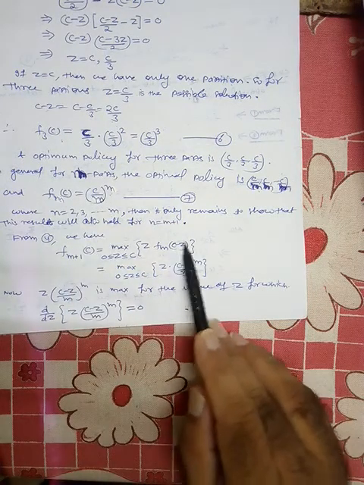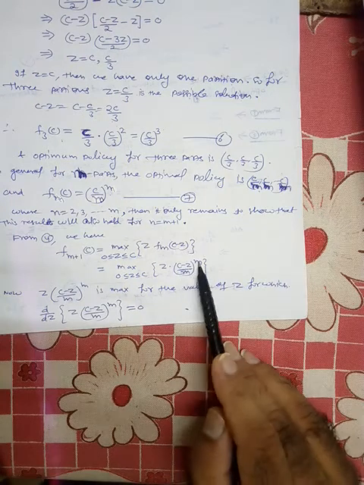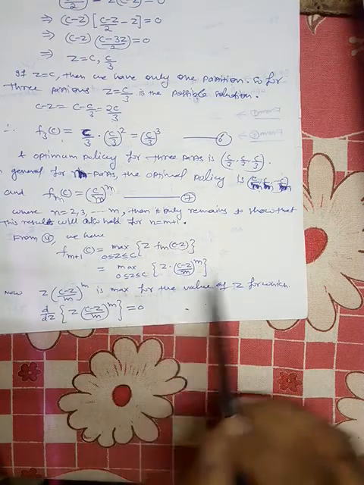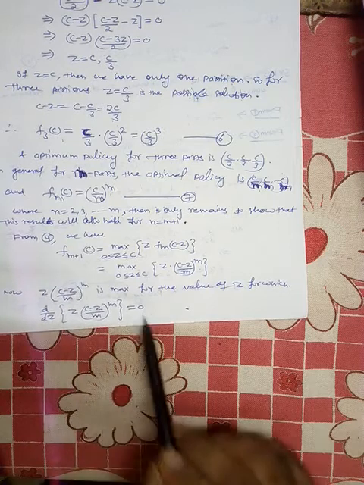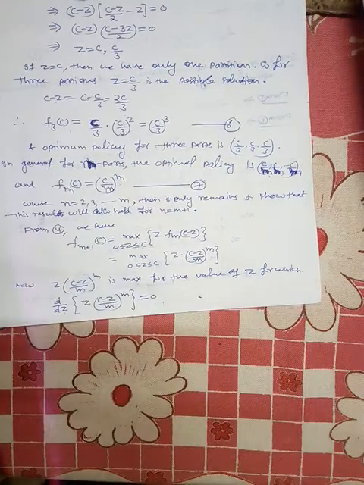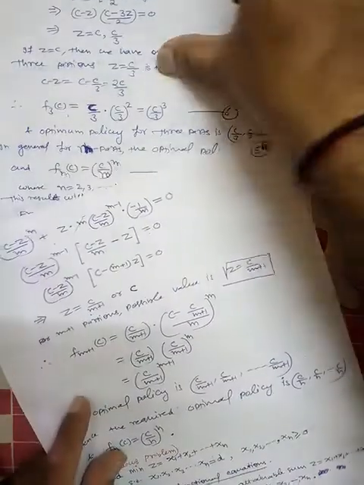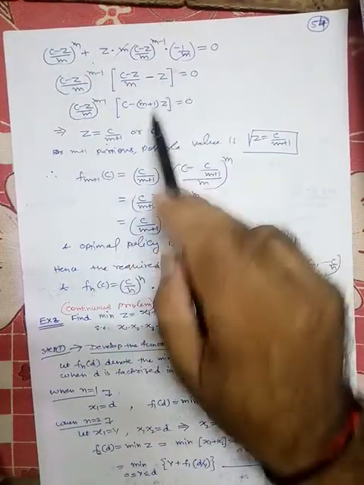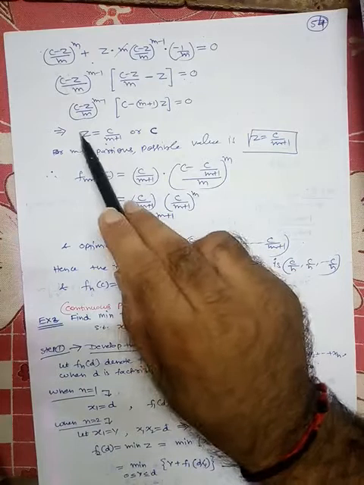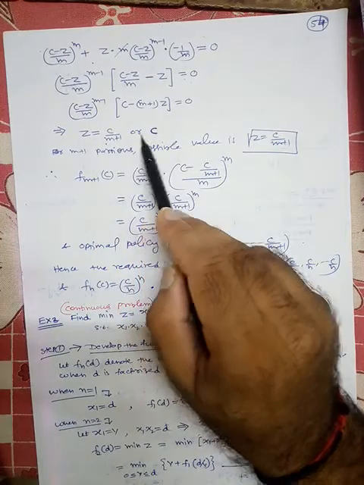तो यहाँ क्योंकि c minus z है तो (c minus z by m) raised to the power m. Now again differentiate this and put it 0. So d by dz of this quantity is equal to 0. Simplify this and get the solution. So we get this plus this quantity. After simplification, z is either c upon m+1 or c.